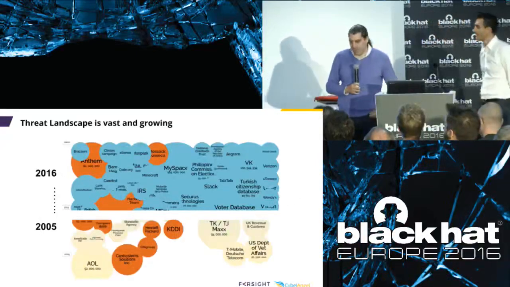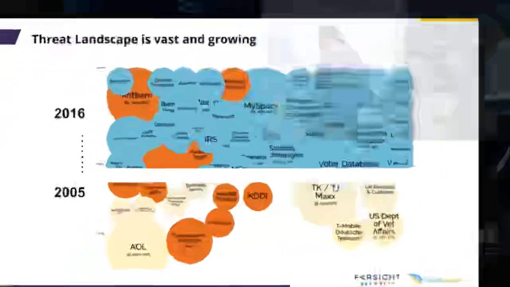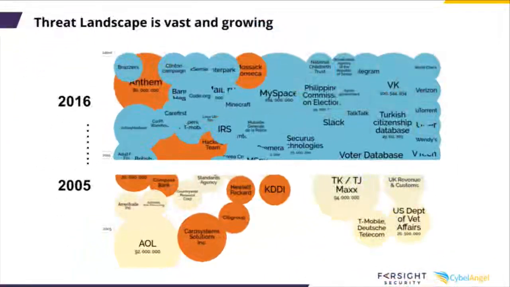Okay, so the threat landscape has been fast and growing. This is a snapshot of breaches alone and the size of the breach over the past 11 years. There's actually a huge continuum between this where it gets worse and worse and worse. 2016 continues to be the worst of all. Here's the sheer number of breaches and the sheer size. In fact, they don't even fit all in the same slide because the breaches just get bigger and bigger and bigger and larger and more sensitive.